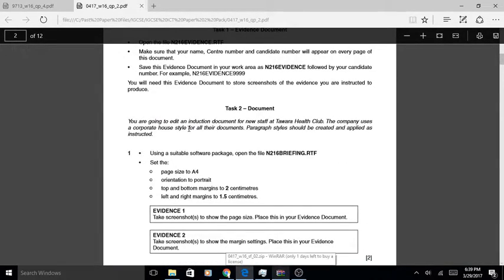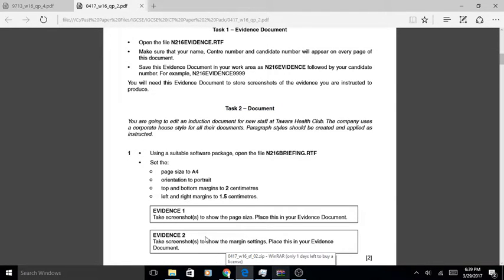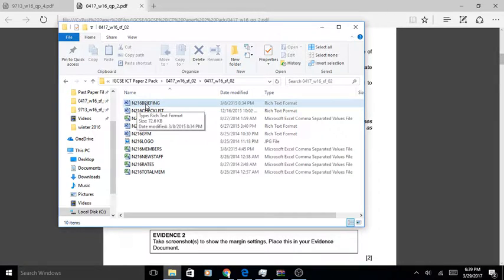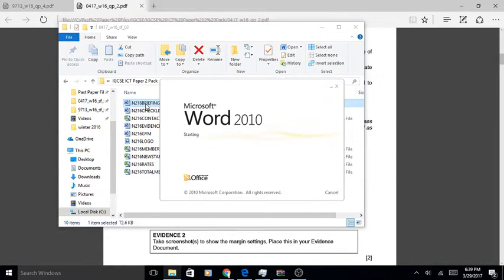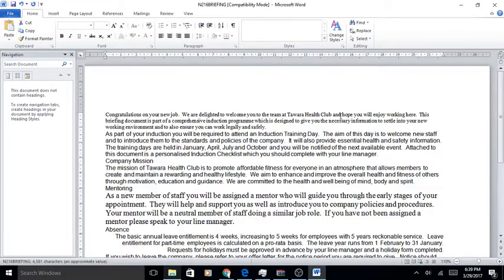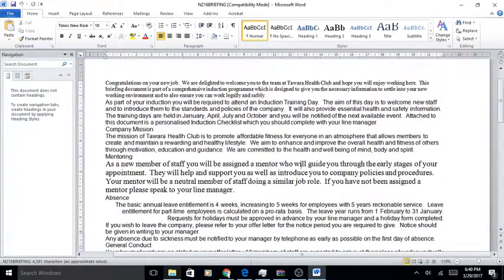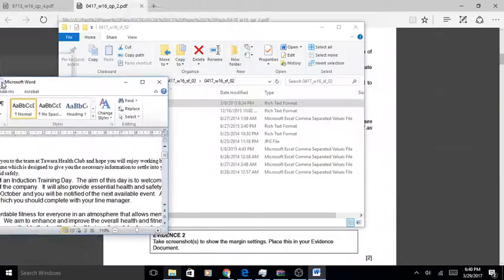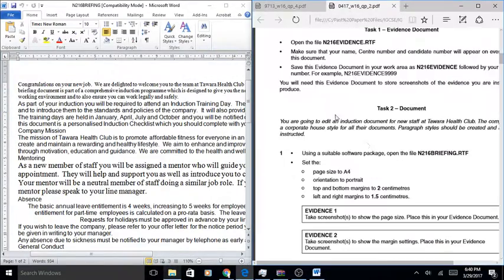Right, so let's get started, shall we? First things first, open files, and we have N216 briefing. And it looks like this. Seems reasonable. I'll do it like this. Okay,